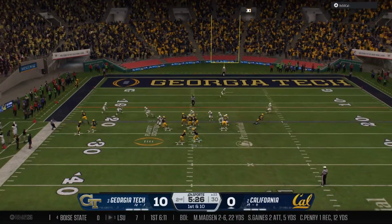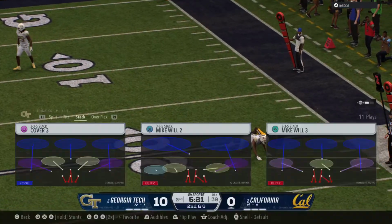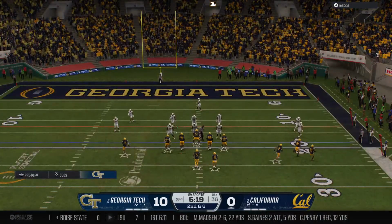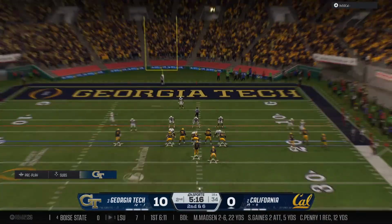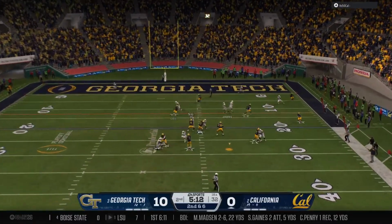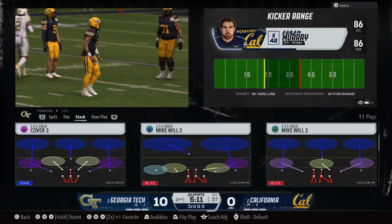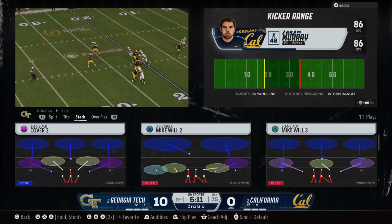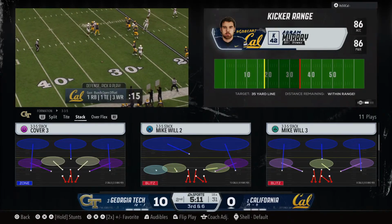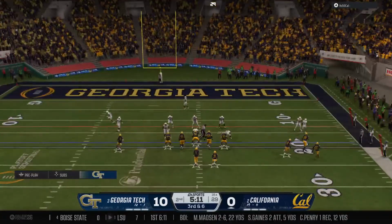And the Golden Bears lining up here on 1st and 10. The RPO caught to the right. Defense surrounds him. Just a short gain on that completion. Getting set. Here's 2nd down. From the shotgun, he's probing the secondary. And it's incomplete on a very quick throw. After the incompletion, they'll face a 3rd and